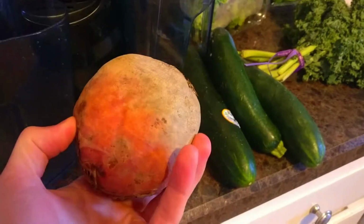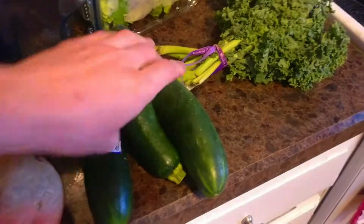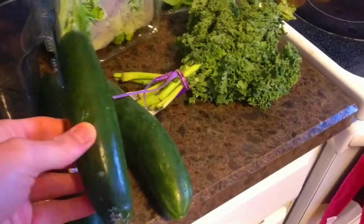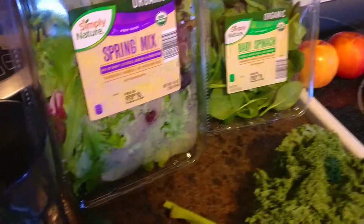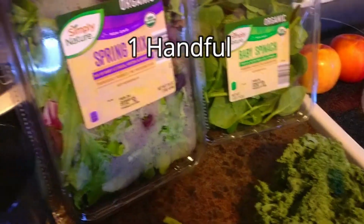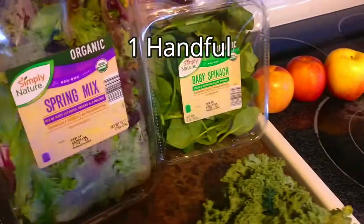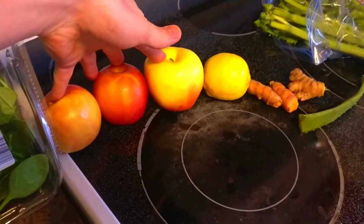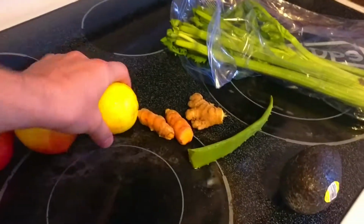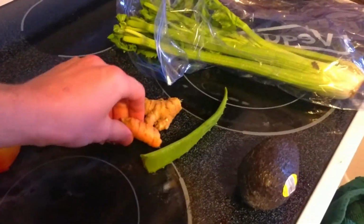So we've got our medium-sized golden beet, 2 large cucumbers, 1 small to medium-sized zucchini. I've got some green kale here, about 1 little batch. Some spring mix, so I got a nice variety of greens. This one is baby lettuce, greens, and radicchio. So, not exact, but there you go. Baby spinach, 3 pink lady apples, and we've also got a small to medium-sized lemon, a little bit of